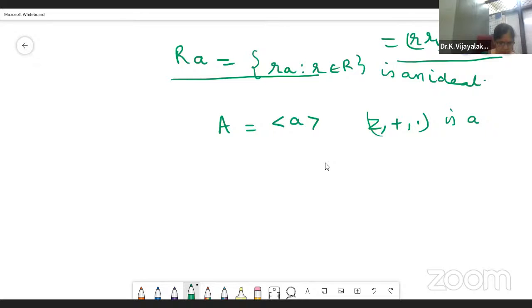Z plus dot is a principal ideal ring. Next one is coming to all of you. Do you have an idea of quotient ring? Suppose if S is an ideal, then we construct